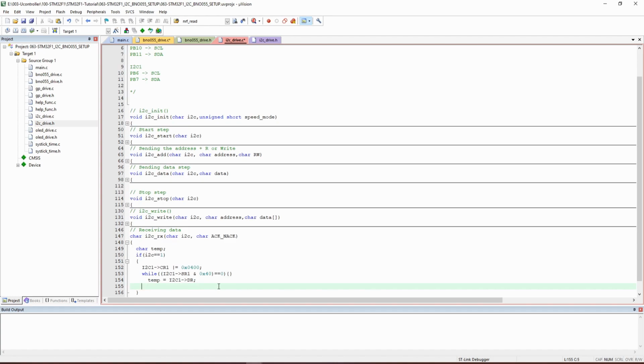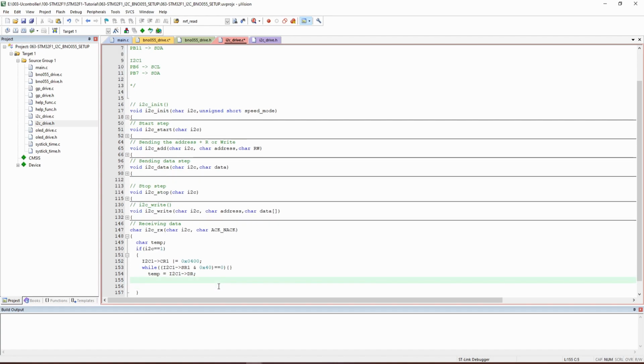But before that, if this is the last transaction we need to release. So what we can put is if ACK. So if we do have, let's add this variable here, the acknowledge here, not acknowledge. So if this is equal to 1, it means this is the last one. So let's put something here,